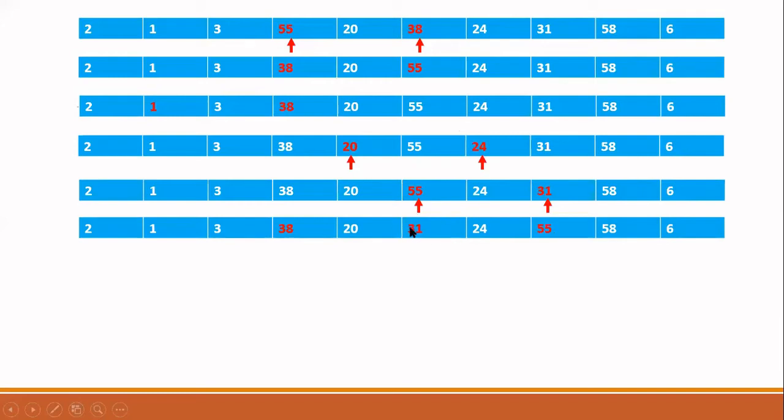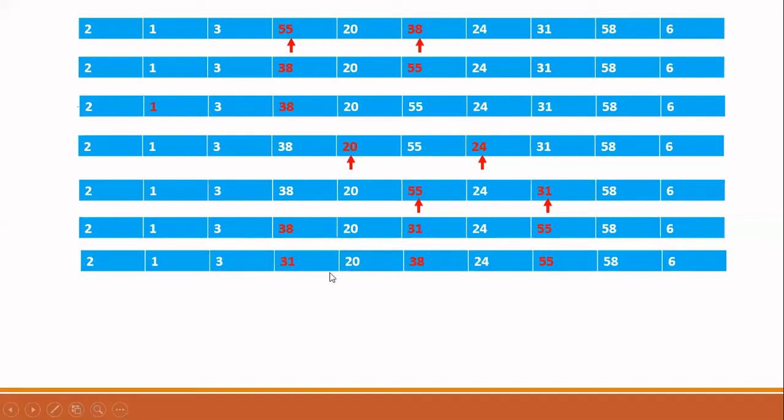When you do swapping, you have to again compare this new element 31 with an element at a gap of 2. So I am comparing 31 with 38. Now 31 is less than 38. So I will bring 31 to the position of 38. Now I am doing this. Next, I will compare 31 with 1 because it is at a gap of 2. Now there is no need for any swapping. When there is no need for any swapping, don't proceed the comparison further. Stop there. And next, come back here.